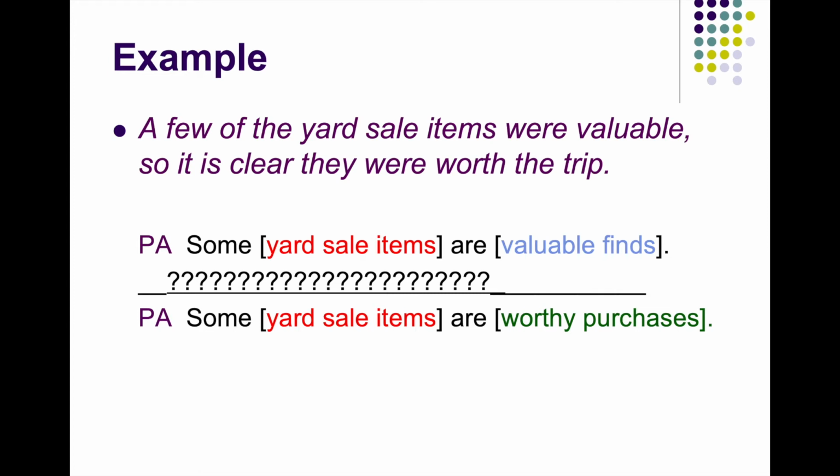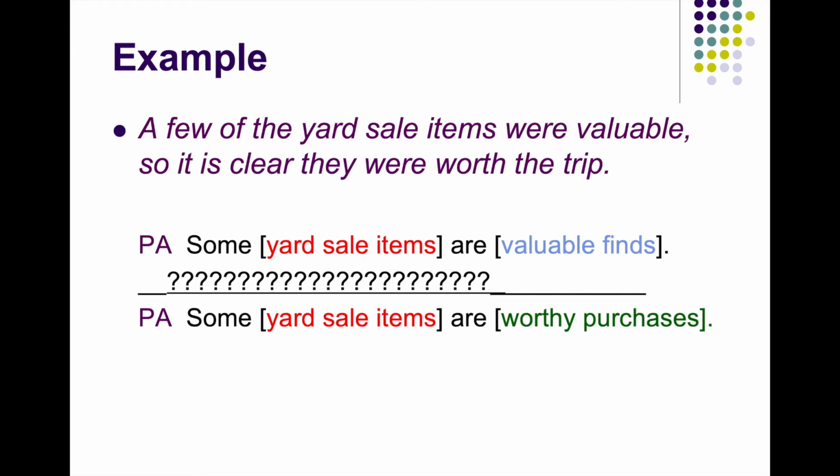And you recognize the argument indicator so, which tells you the second statement is the claim of the natural language argument, and that's what you want to translate into the conclusion of the syllogism. And then you take the first statement, a few of the yard sale items were valuable, that's the evidence statement in the natural language argument,